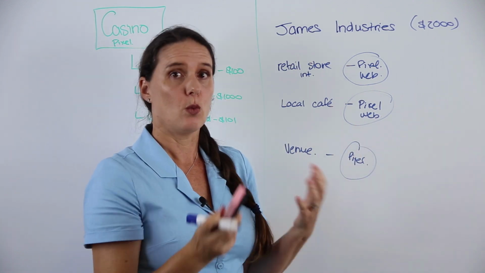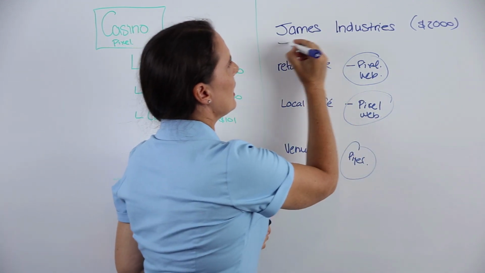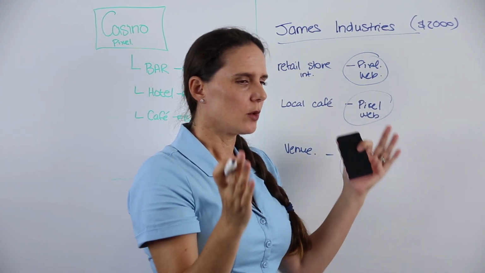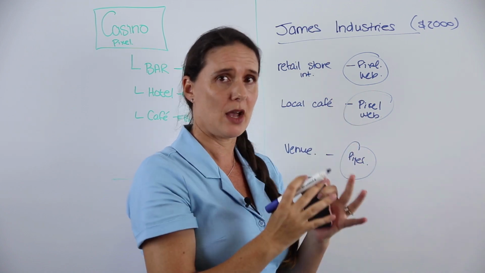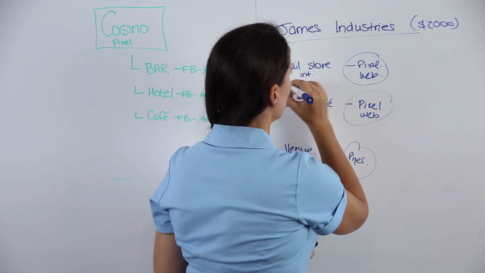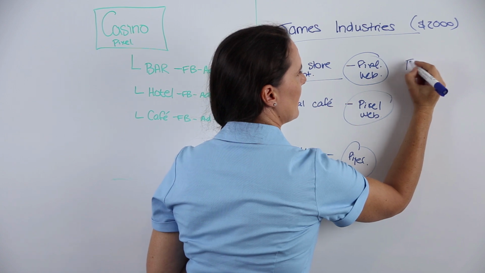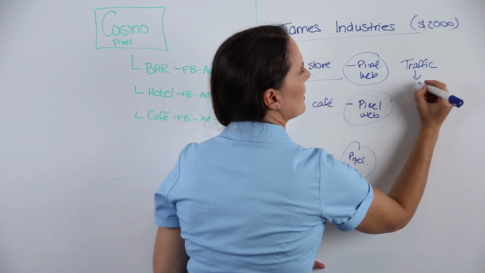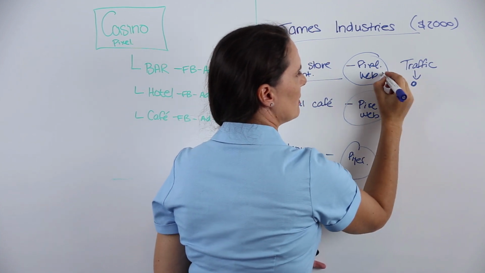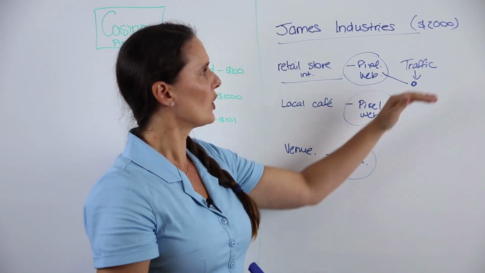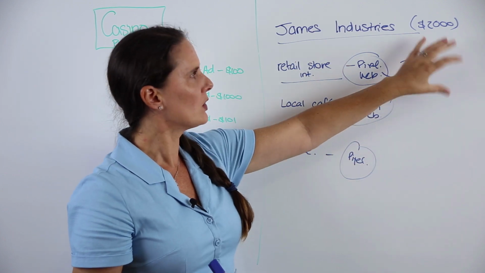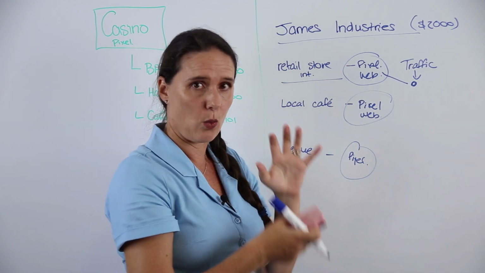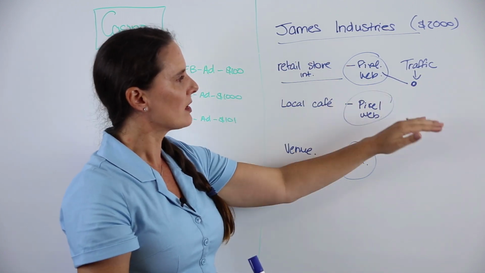Now, why would you link them to one ad account? Well, let's just say these guys with that budget, they don't want to have multiple ad accounts. They want it all to be in one place. And every time this store creates an ad, so just say they're creating a traffic ad, when they create it, they just make sure that they're using the pixel that is associated with that website. So they'll be able to have all their ads in one ad account. They'll be able to track their spending in one ad account,